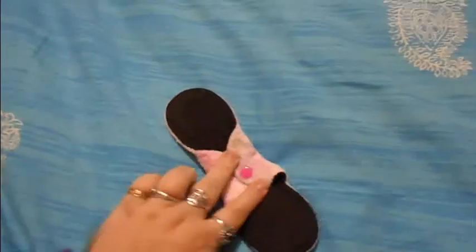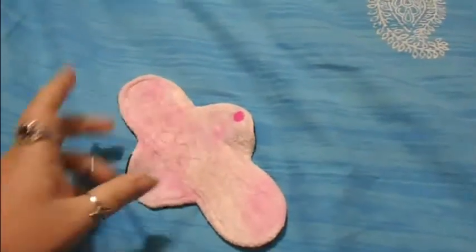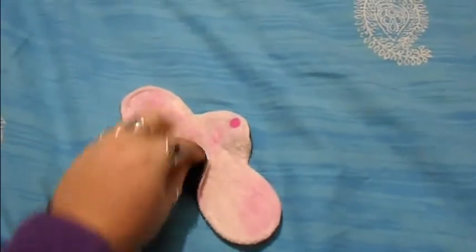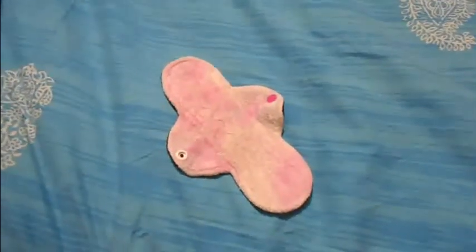So 2 inches snapped. And I really like this one because some of my underwear has quite a narrow crotch and some of it's a bit wider. So when I have my really narrow crotched undies, I like to wear this one because it's quite nice and narrow. So all of my